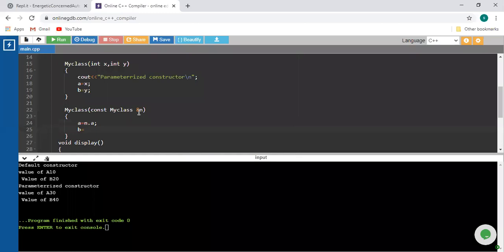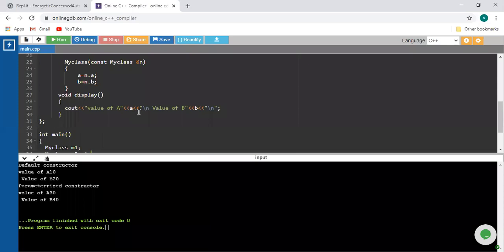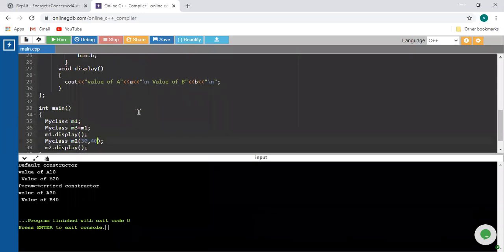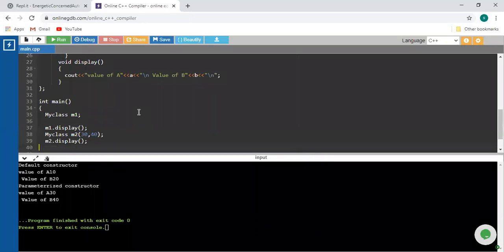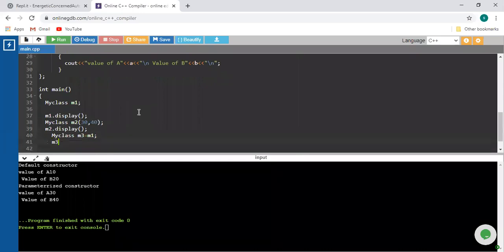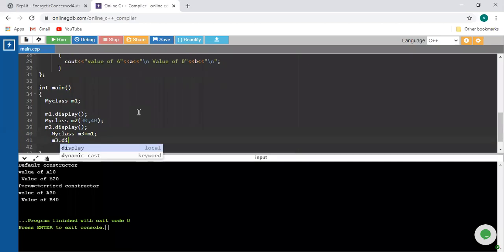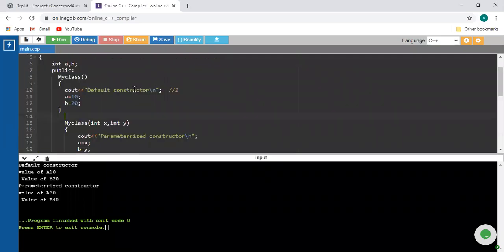Now just display that particular function. I will remove this particular line and write that line, and I will use one more, m3 dot display. Now check.